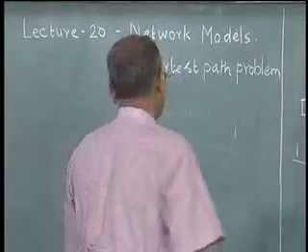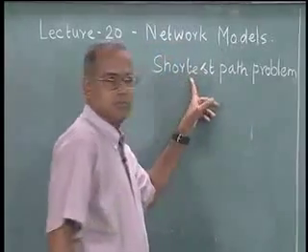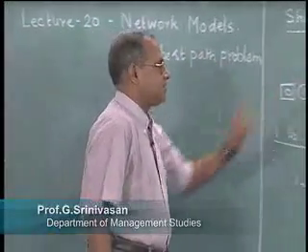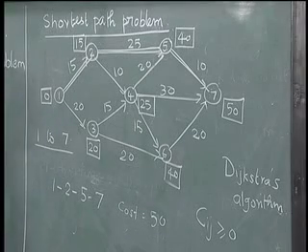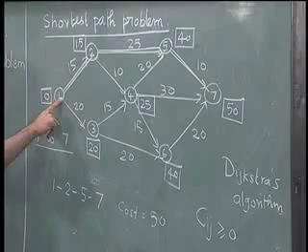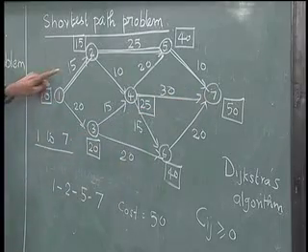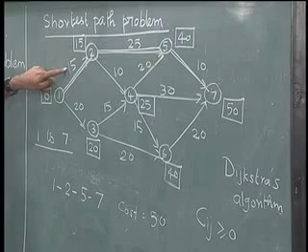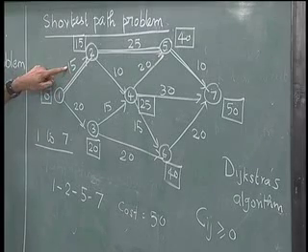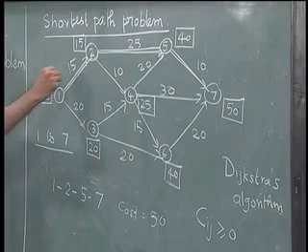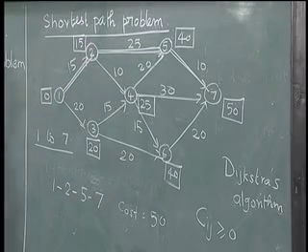We continue our discussion on the shortest path problem. In the previous lecture, we explained the shortest path problem using this numerical example. The problem was to find out the shortest distance and the shortest path from 1 to 7. We have already said that this arc weight could represent a cost or a distance or a time. So, we would like to find out the shortest path and the corresponding sum of weights associated with the shortest